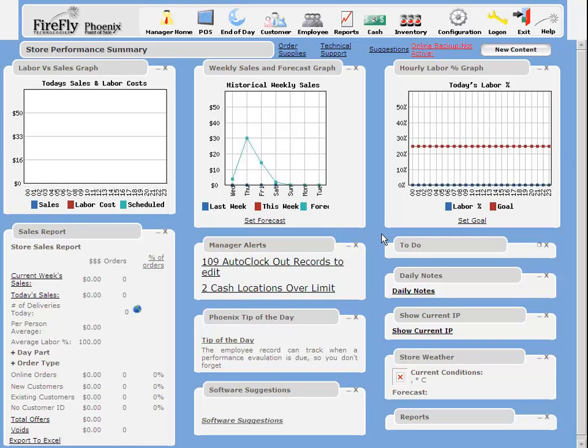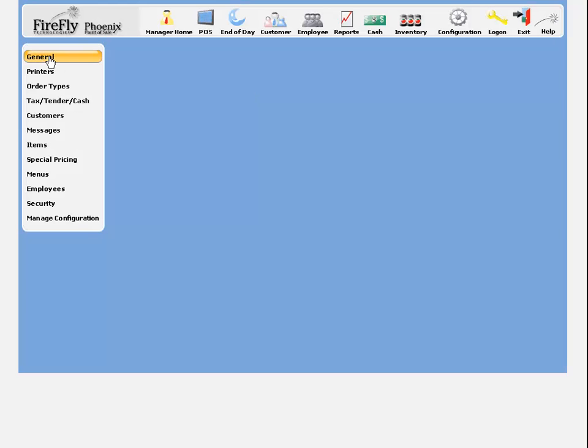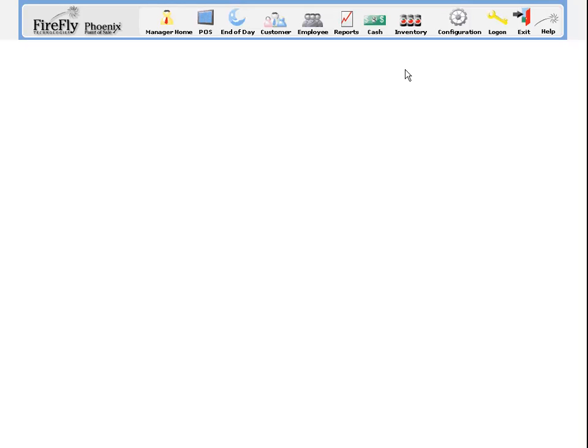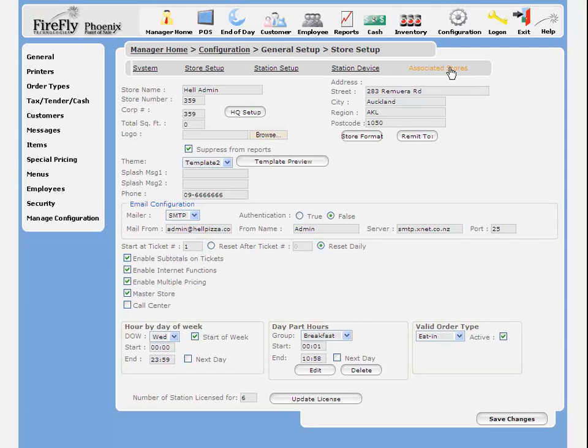This video is an overview of how to use the central menu management features in FireFly Point of Sale. The first step is to ensure that your store is set up and configured to use these features. Contact FireFly support for licensing information and to configure your system so that you have associated stores